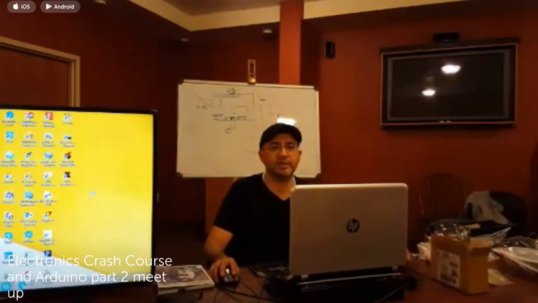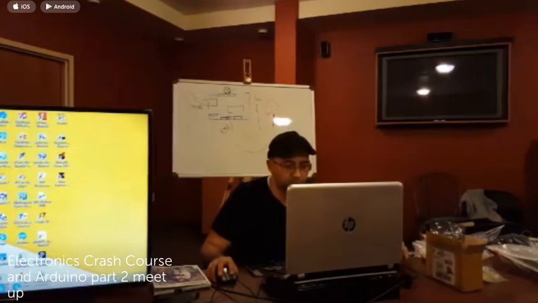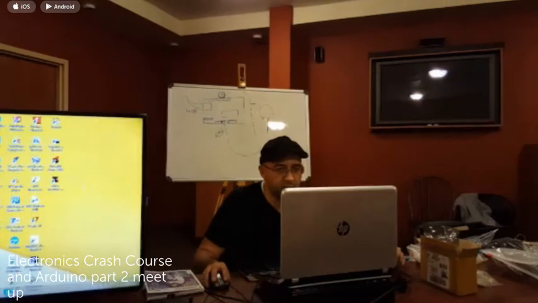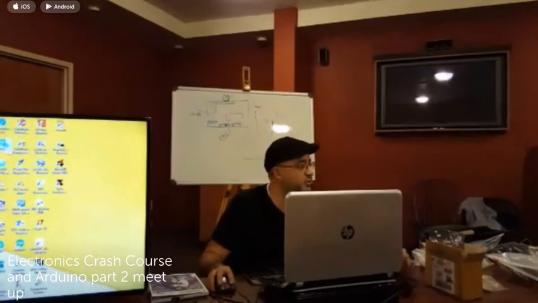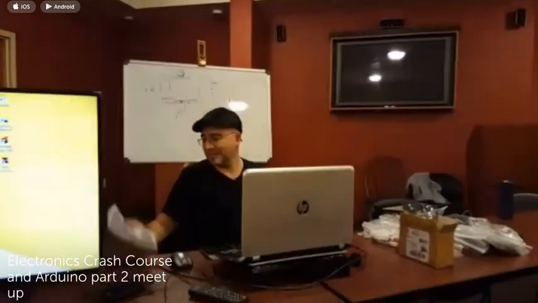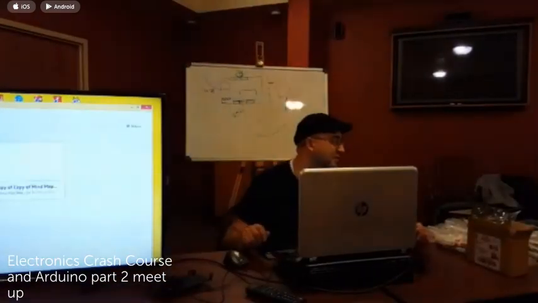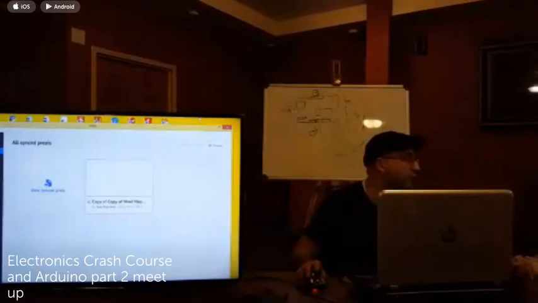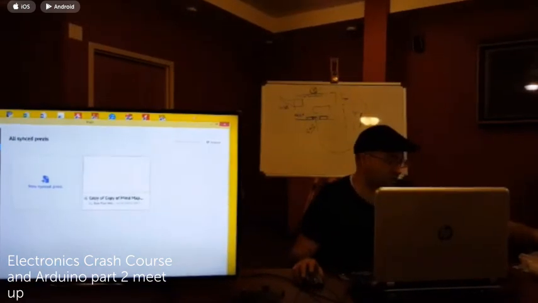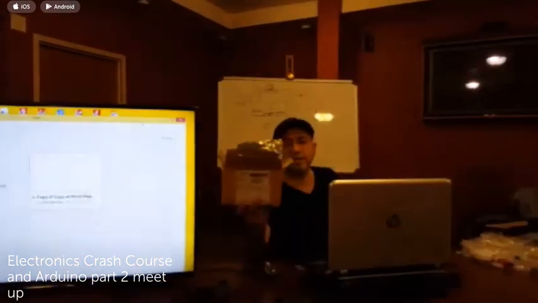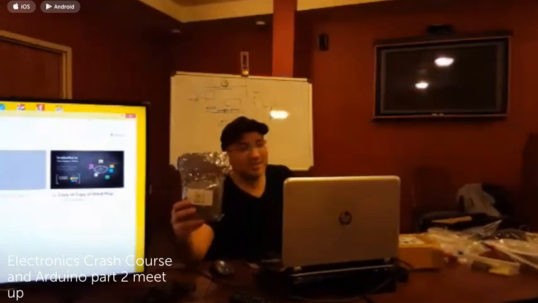What we're going to do today is first get a little bit of theory on the electronics parts, which is going to be the crash course. And then right after that, we're going to do some calculations to find out what resistor value we need for RGB LEDs. If you take a look here, I got 1,000 RGB LEDs, which is very hard